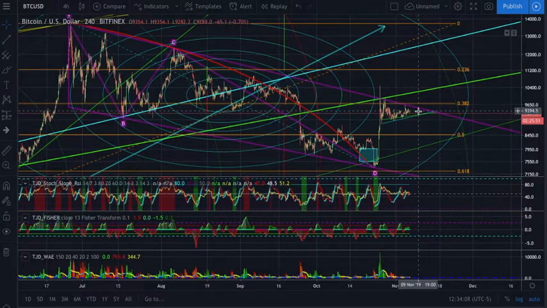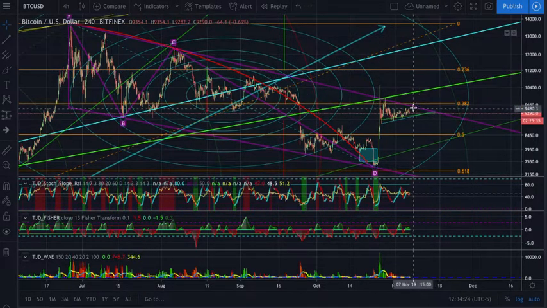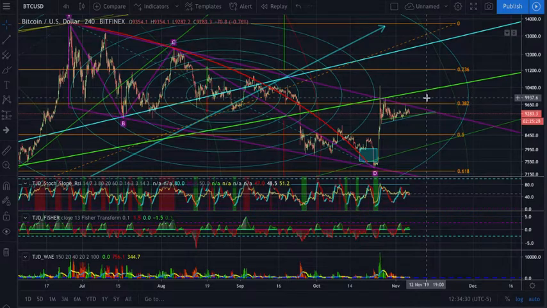And that's just because what I would expect to happen is continuation, until this pattern actually breaks. And at this point in time, if we did get the breakout to the upside, all I would need to see is confirmed candle closes basically back above the 382. So if we took out the 9700 and got confirmed candle closes outside of the purple pattern that we're inside of right here, that's also going to put us above the 382 range right here, take out that previous high, and then I think the next target would be back at 9,910,000.